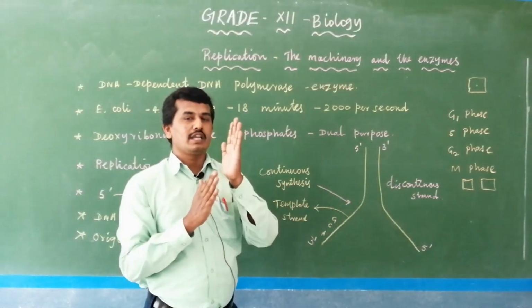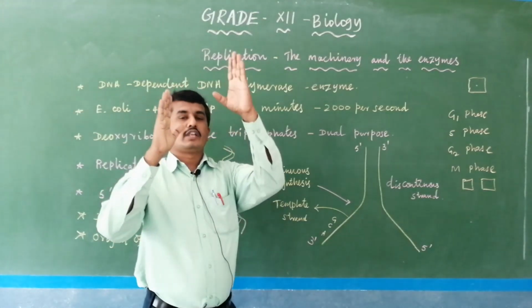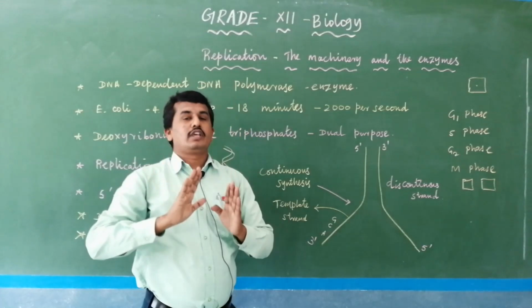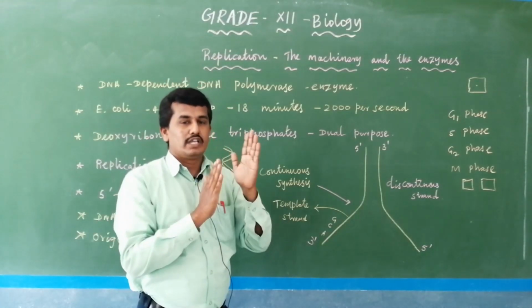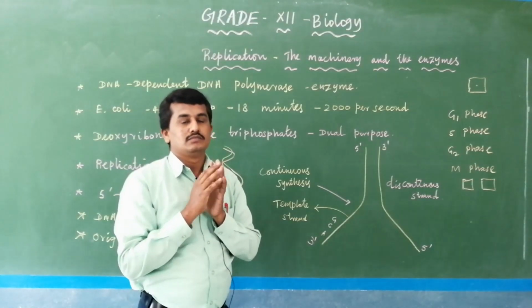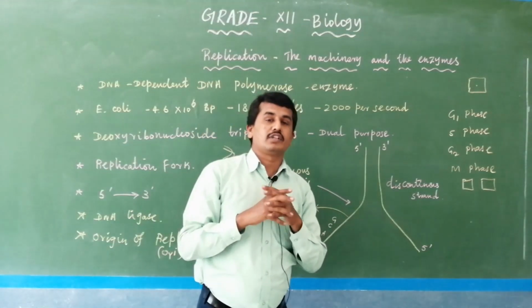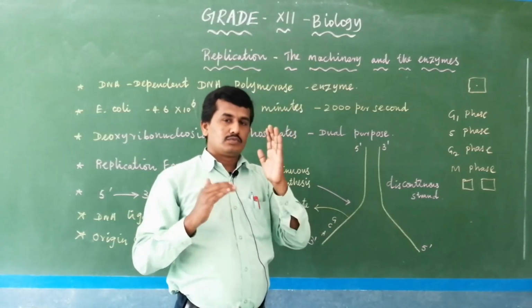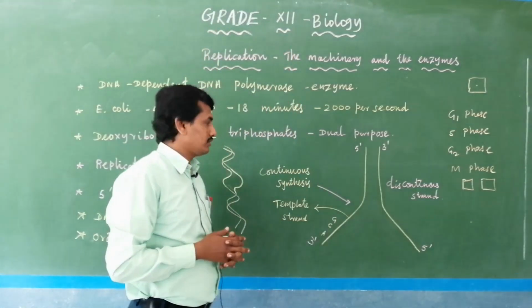For example, adenine pairs with thymine, thymine with adenine, cytosine with guanine, guanine with cytosine, the same as the nitrogen bases. They are added to the old DNA, so new DNA is formed at the speed of 2000 bases per second. Adenine, thymine, adenine, thymine, adenine, cytosine, guanine. So, like 2000 base pairs are added.